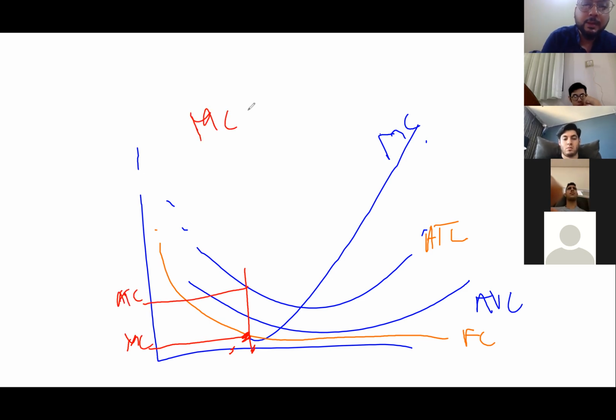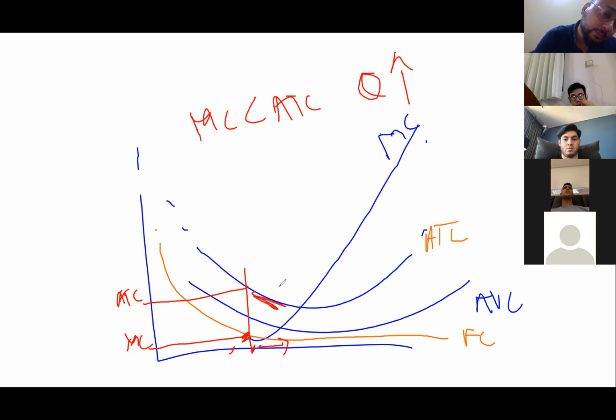So when MC is less than average total cost, what is the managerial decision? Increase production. Why? Because producing more will decrease average cost, right? And the other case: if you are producing here, you see your MC is at this point,